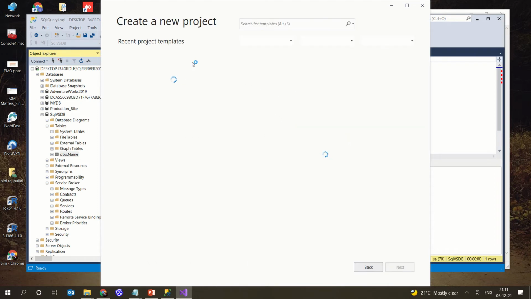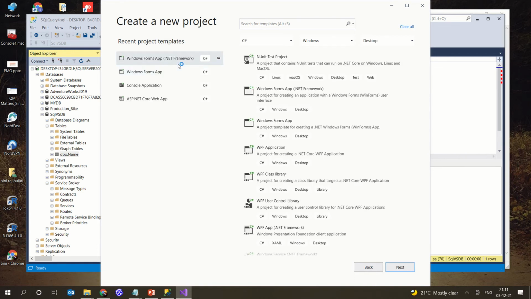Once it is opened, I'm going to select the Windows Form App .NET Framework. I have selected it multiple times, so it is getting displayed here. Otherwise, you could just search for Windows Form here, and you already know that. So this is the one which I'm selecting, Windows Form App .NET Framework, and I'm just clicking Next.